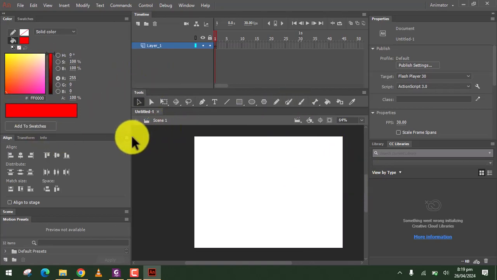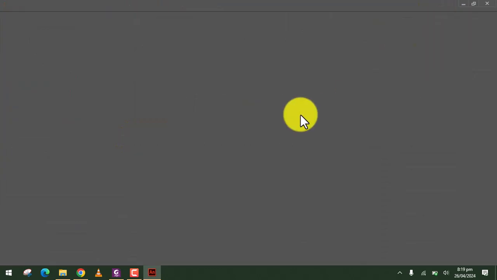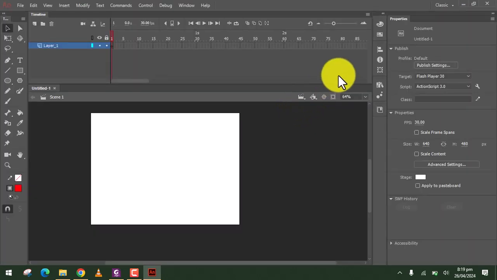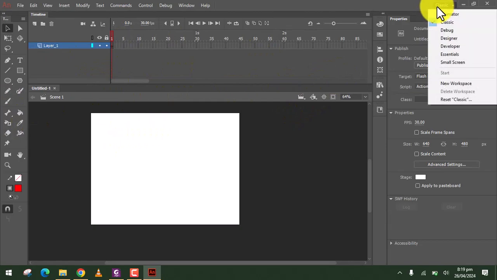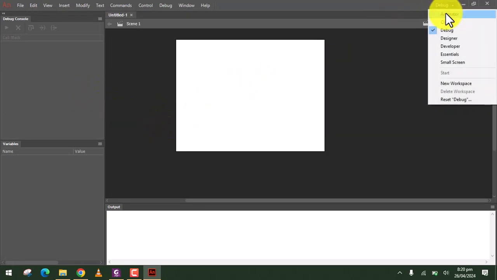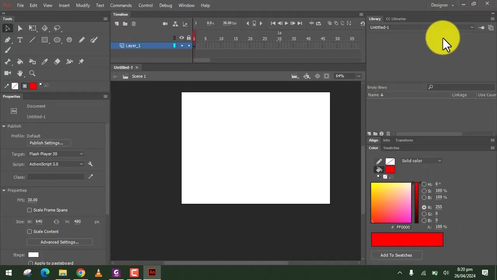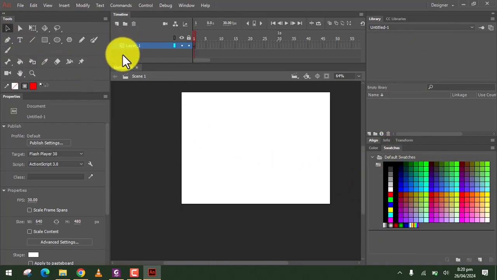If you're comfortable using this one, you can select the animator, and then we have the classic, like this, and then we have the debug. If you know debugging or coding using JavaScript, you can use this one. We have the designer, which is focused on the color palette or swatches, which is here like this, and then mostly the brushes.